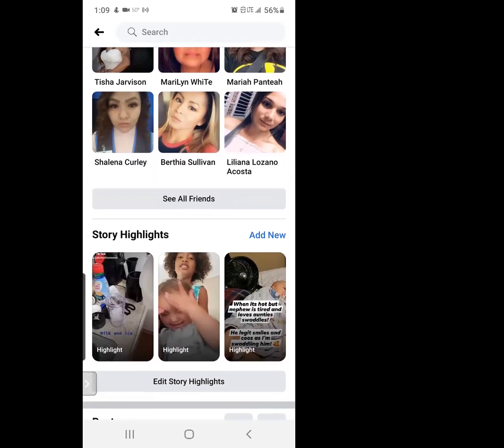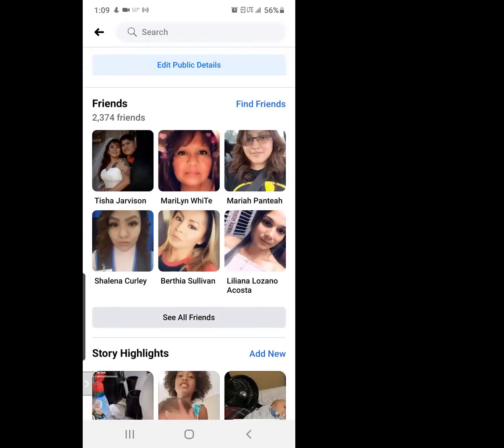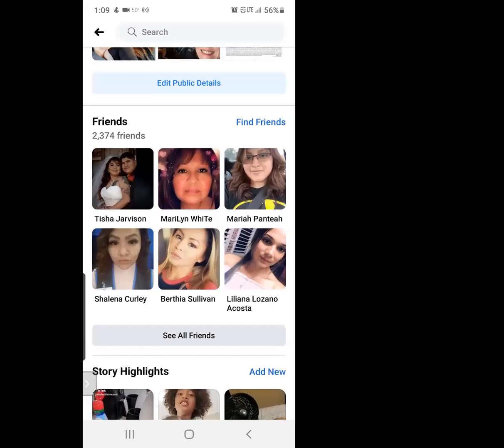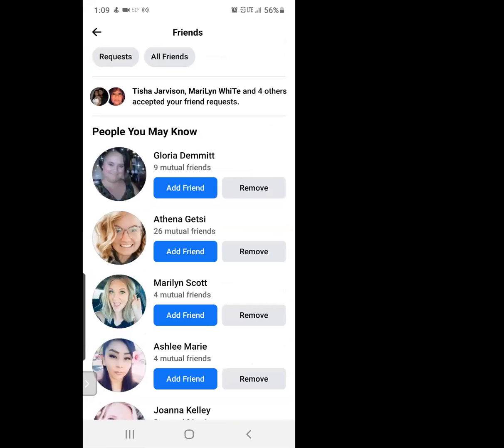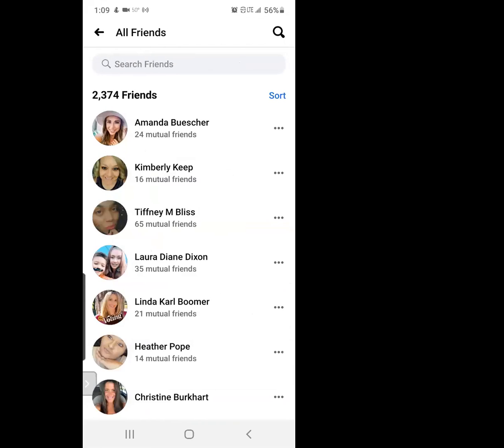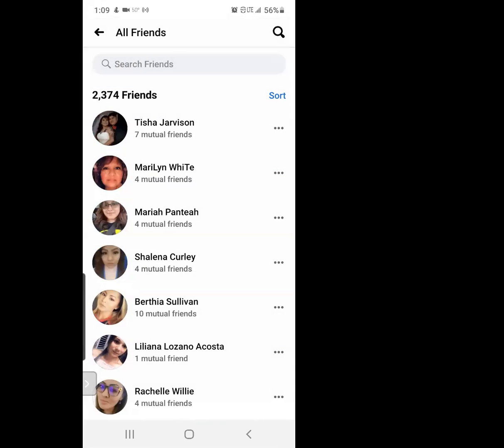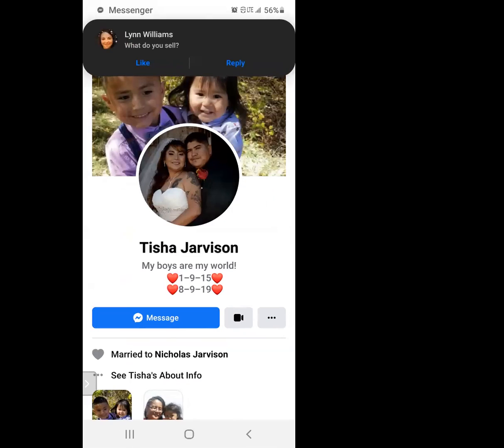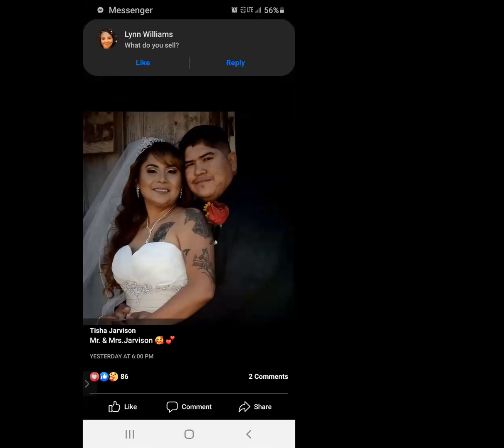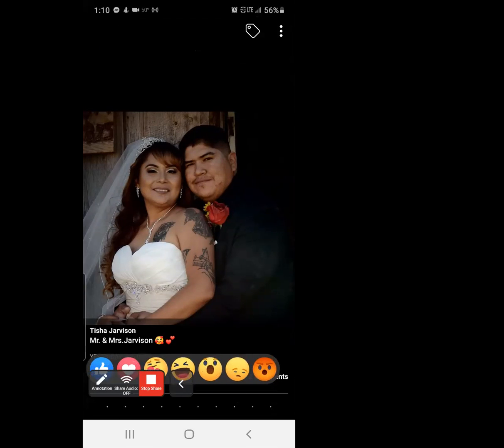Okay. So I'm going to go to my friends list. I'm going to click find friends, and then I'm going to click all friends. And then I'm going to sort newest friends first. These are all the new people on my friends list. What I'm going to do is click on that first one. I'm going to click on her profile picture. I'm going to love it.